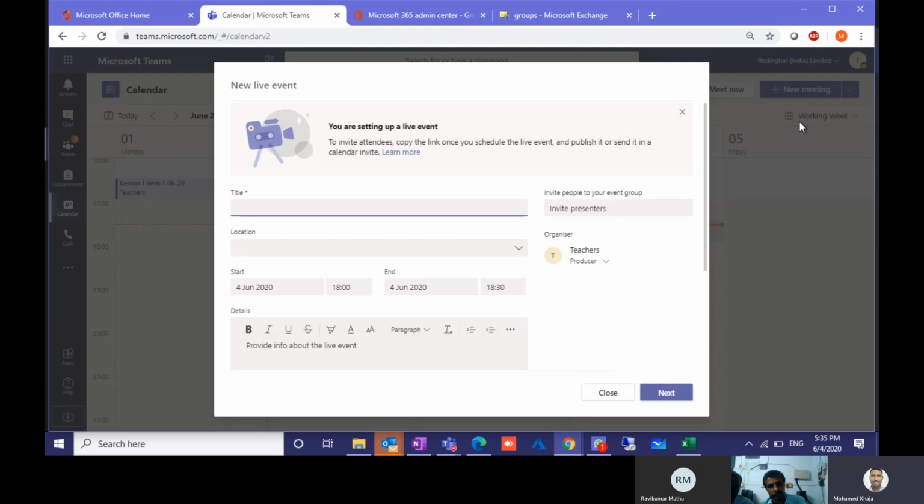If we create a meeting, is it fine? See, why are we creating a live event and a meeting? A meeting will support 250 members maximum. If you want your audience to be more than 250, for example 5,000 users, you can use a live event. A live event can support up to 10,000 members at one time. Is that clear?